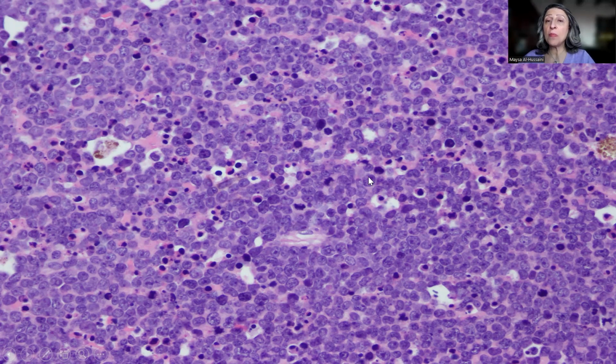Now, I have to say, if the patient was not a known case of leukemia, this would have been a difficult diagnosis, and then a number of differential diagnoses have to be taken into consideration, including, for example, retinoblastoma with involvement of the iris, or, for example, melanoma, although she's a young child, or a lymphoma, or other types of embryonal tumors. But because of the known history of leukemia, I think that the morphology fits beautifully with the history of leukemia,